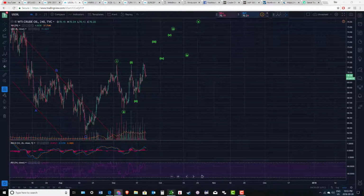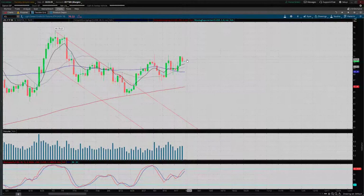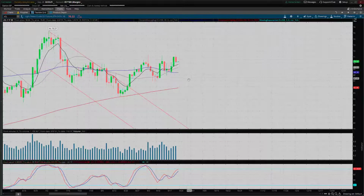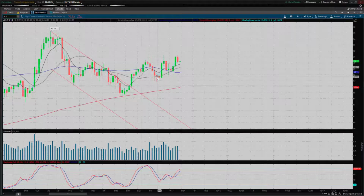But let's go to the actual CL chart here on Thinkorswim. And yeah, November futures, so that's the right one. I believe the October contract just rolled off there. So now we're trading November as the front month. So let me just double check the low. 66.86. So yeah, just below 66.86 on this November contract is the key level to hold for at least